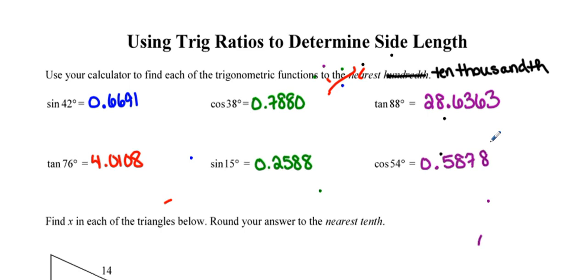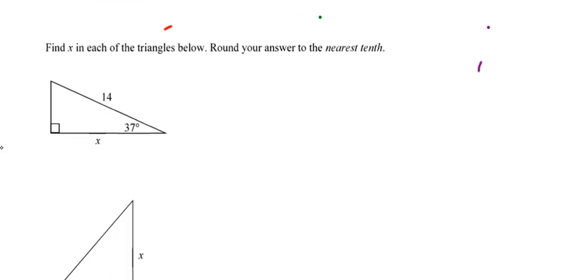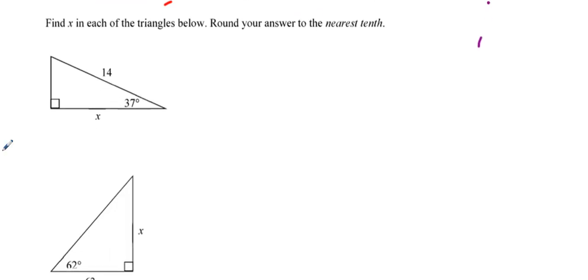So now you should be fairly comfortable and confident using the calculator to evaluate trig functions. This is important because we're going to use this skill to solve the following problems. The directions say find x in each of the triangles below. Round your answer to the nearest tenth. In order to do these, we're going to have to remember both what we did at the start of this video, finding our trig functions using the calculator, and what we know from our previous lesson